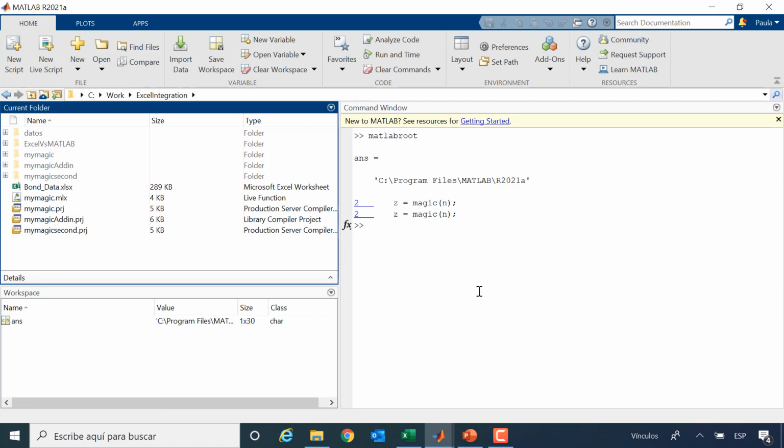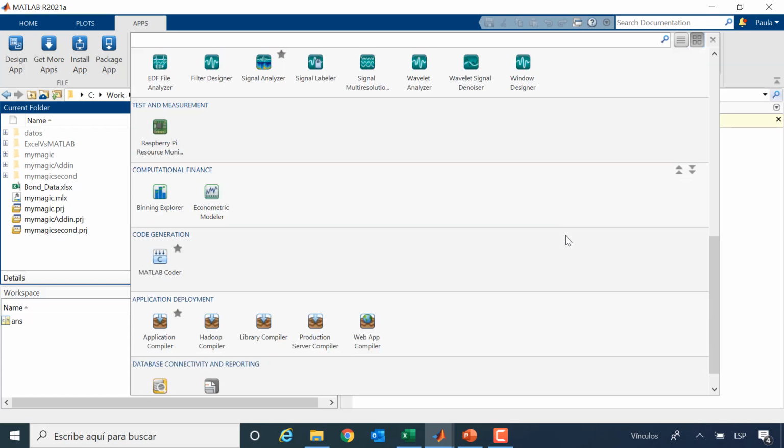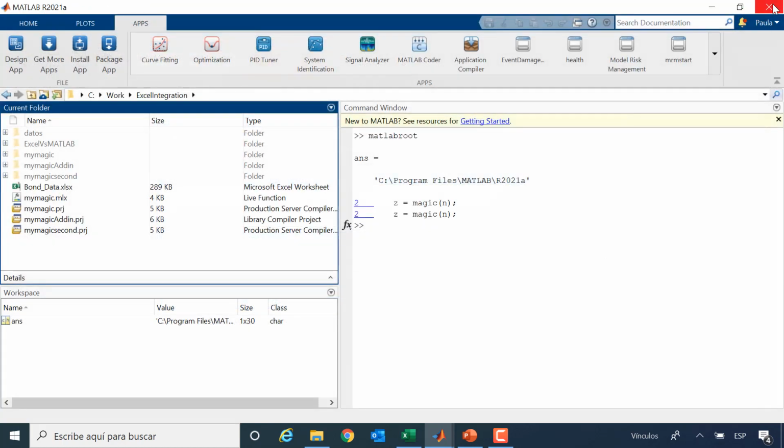So we have spoken about how to convert one algorithm into a CTF, but what happens if we wanted to convert a lot of them, 100 or however many? We wouldn't want to go into the app, the way we came here, and then search for here, and here we added our function and so on. What we would like is to be able to do it like in a mass execution, all in one go.